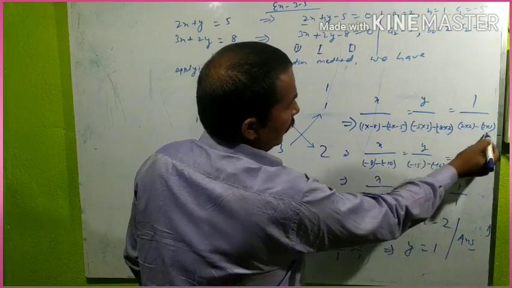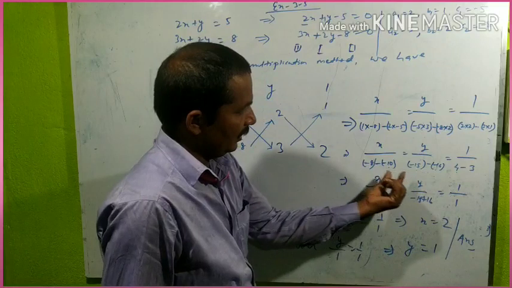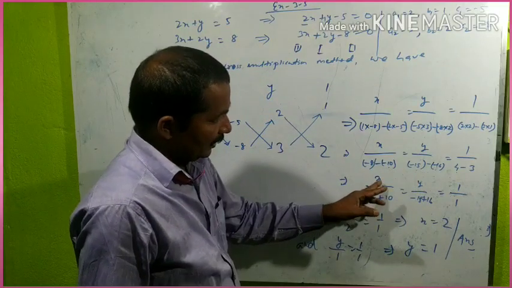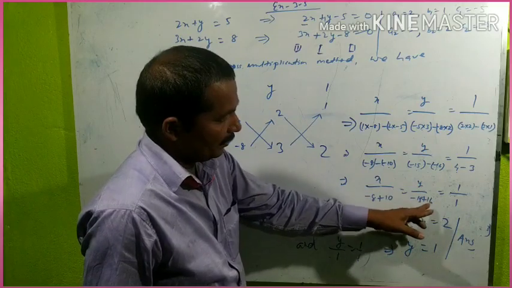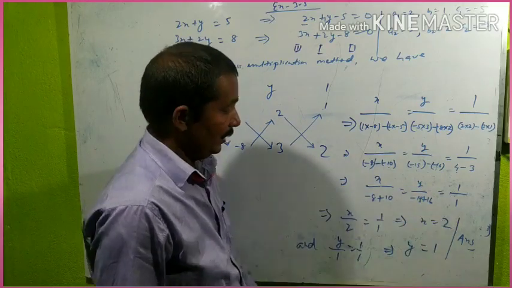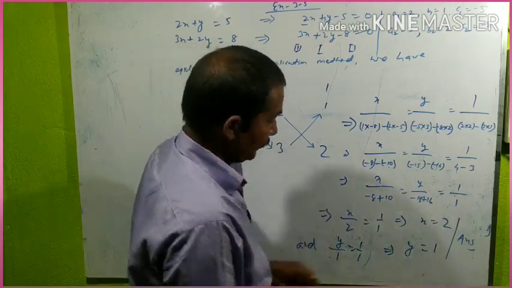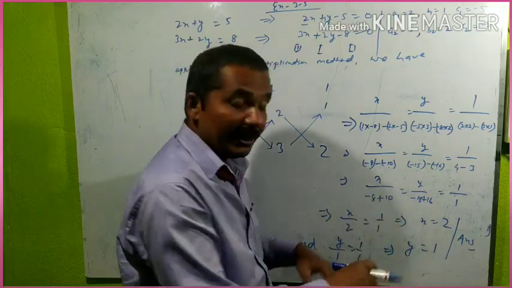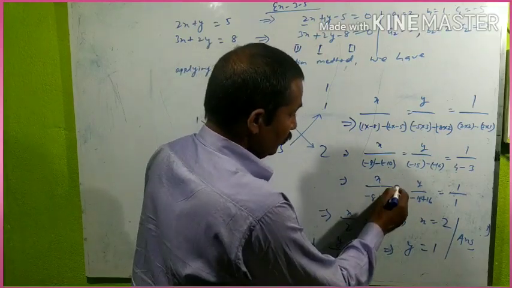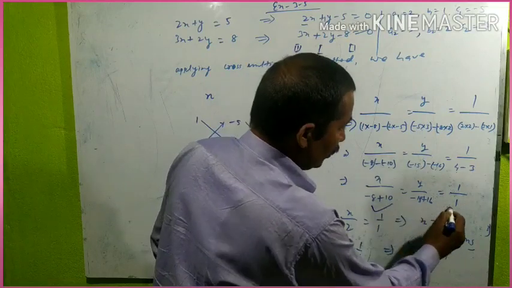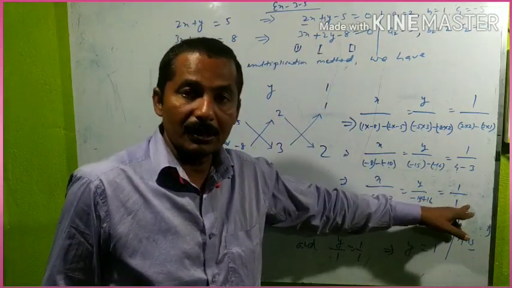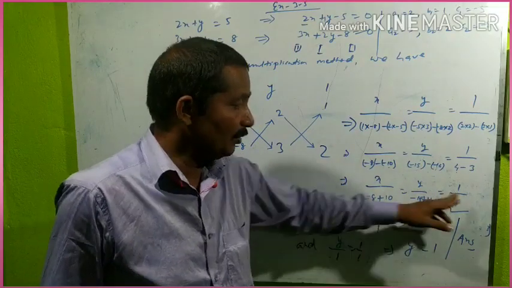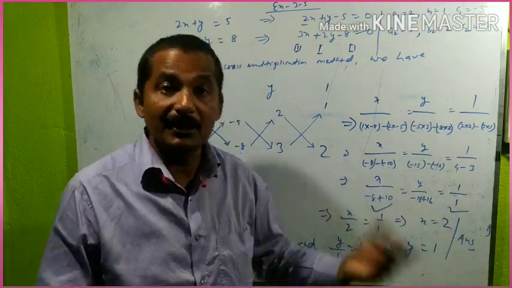2 2 are 4 and 3 1 are 3. I have written here, I have solved here. Result is x by minus 8 plus 10, y by minus 15 plus 16 and 1 by 1. Now look here. Now you will make two equations here. First, you will equalize this one is equal to this one, means x term is equal to constant term. This part is equal to this part, you will equalize.